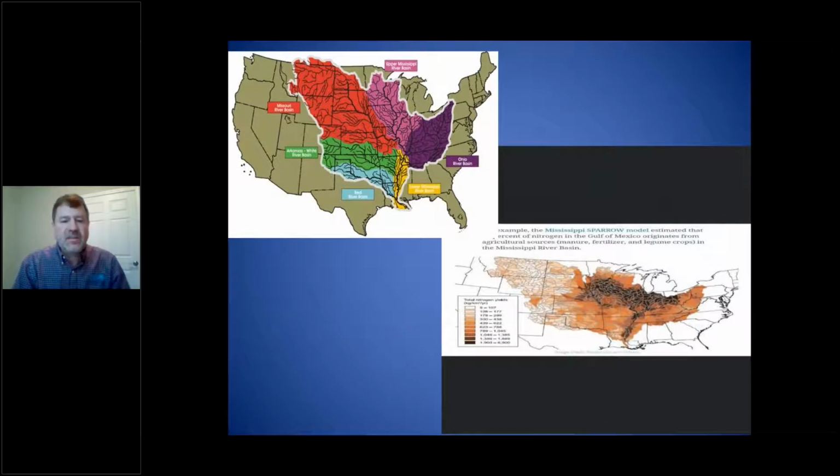So you saw the slide I showed before with the drainage of the Mississippi and the Missouri rivers. And then you see the one on the other side, and that's nitrates. It's a little hard slide to see, but you can see the Gulf, like he said. But not only is the Gulf a big thing, we have all these little drinking water reservoirs, or the Des Moines River and the Raccoon River that all these people are trying to rely on for their drinking water. And you can see, actually, this is the Corn Belt. There's no secret of where this is coming from and what type of pollution it's coming from.